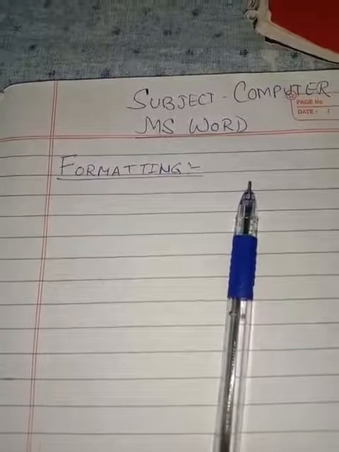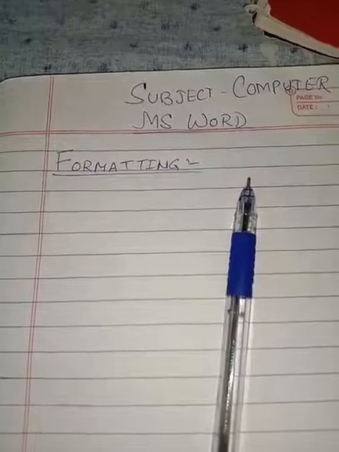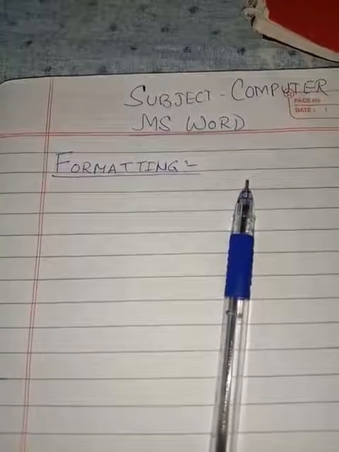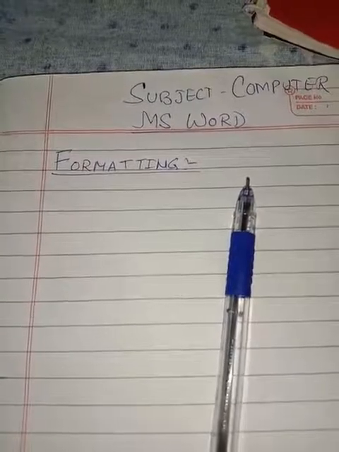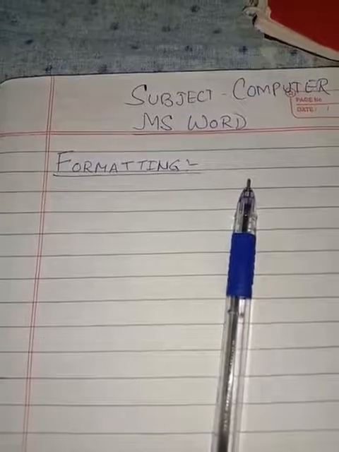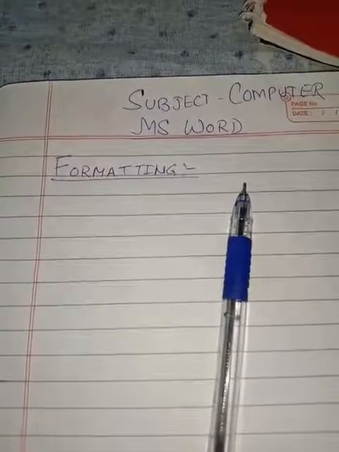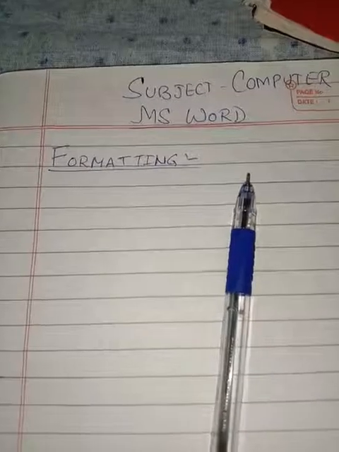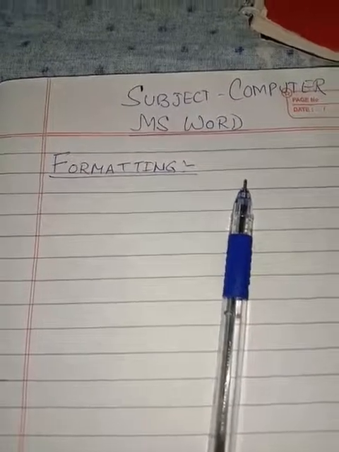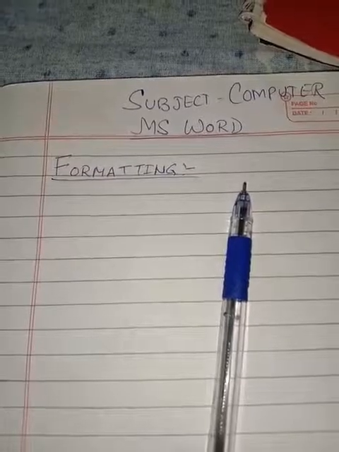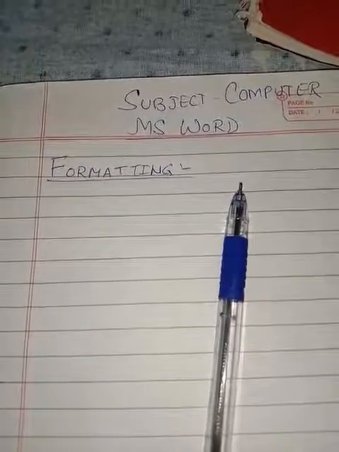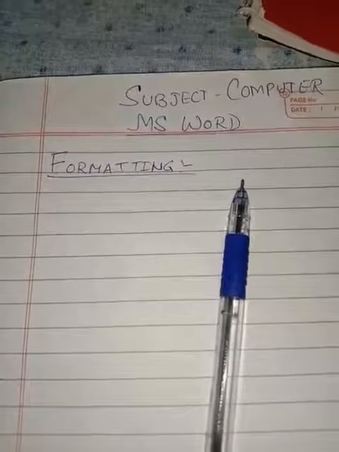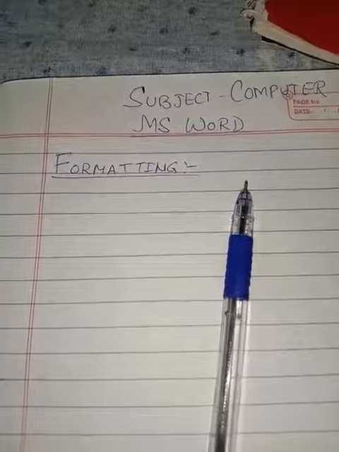Next we have tabs. What are tabs? The tabs are located below the title bar. Various tab buttons are File tab, Home tab, Insert tab, Design, Layout, etc. Next we have the ribbon. What is the ribbon? We can say that the ribbon gives us all the options related to each tab. A tab contains several options, and the similar types of options are grouped under a particular name called the ribbon.